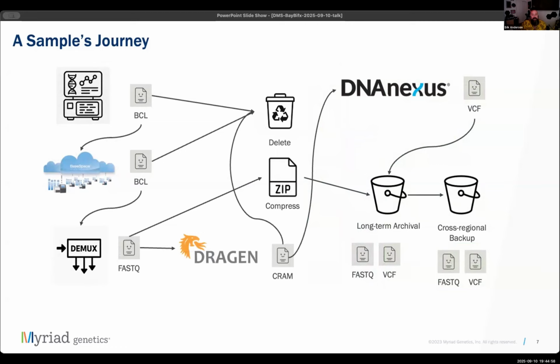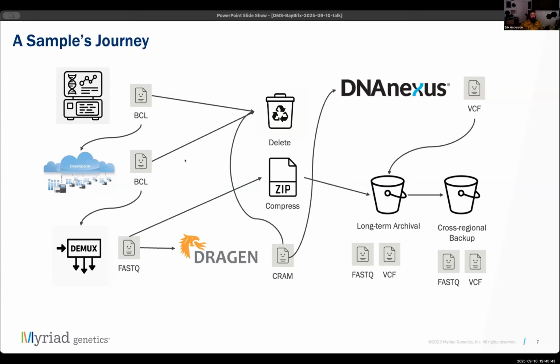Let's walk through how all this works together in the real world. Malika has already described in detail how our whole genome sequencing pipeline works. How does its data fit into the picture? Let's take a look. So our sequencers spit out the BCL files, and those BCL files are then uploaded to BaseSpace. The BaseSpace BCL file is then used in ICA in the demux operation that creates these FASTQs. Those FASTQs are then used in the ICA DRAGEN alignment to create CRAM files. The CRAM files are copied to DNAnexus, where they are run through the variant caller to produce VCF files.